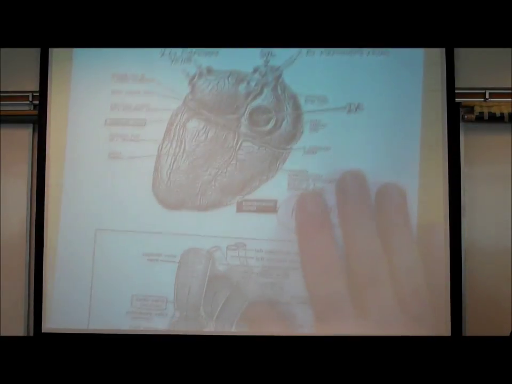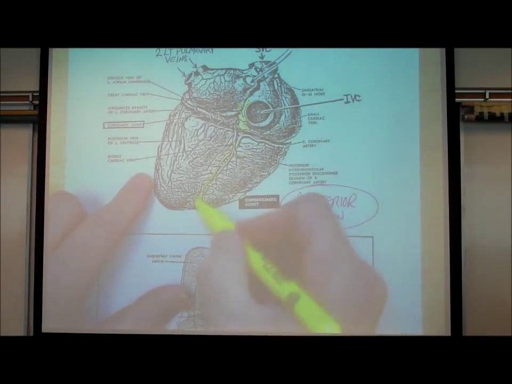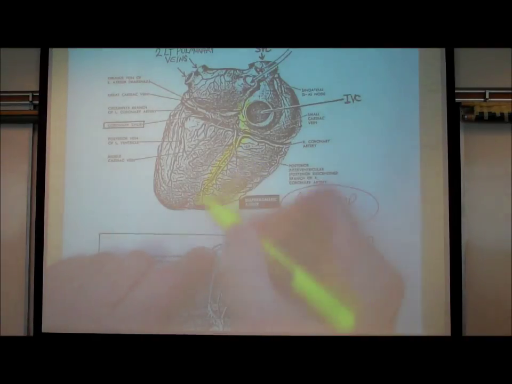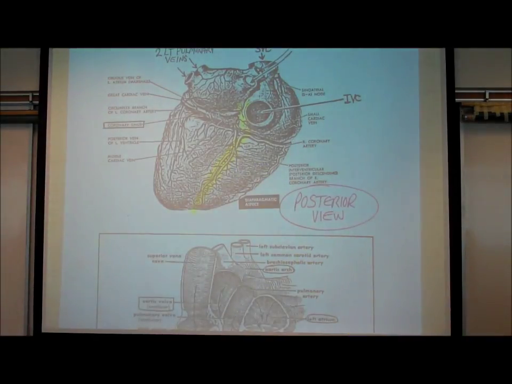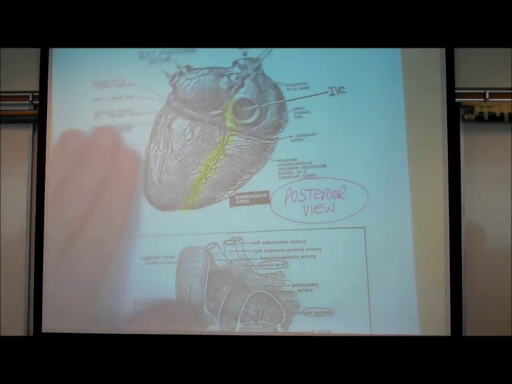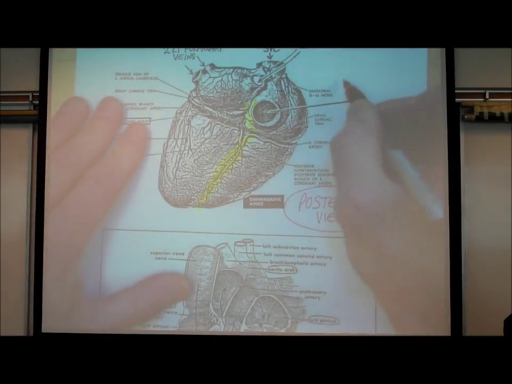So this is the right atrium up here. This is the right ventricle. So on this side, I've kind of made this line here. This is the right side of the heart. This is the left side. Okay, right atrium, right ventricle, left atrium, left ventricle. So if this is the right atrium up here,